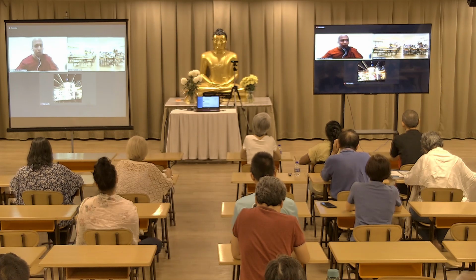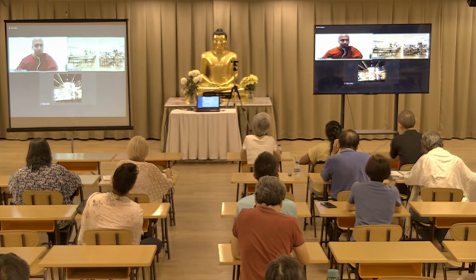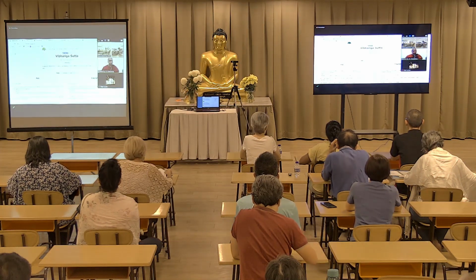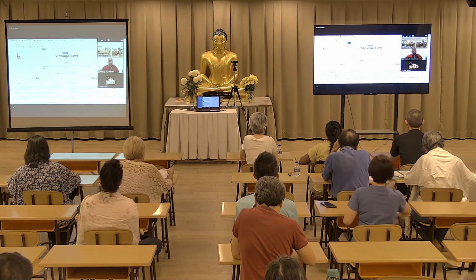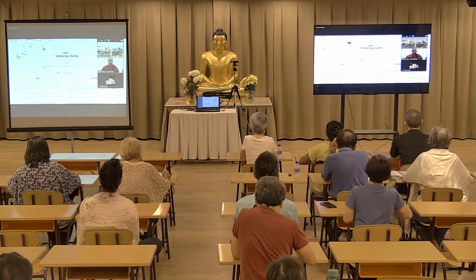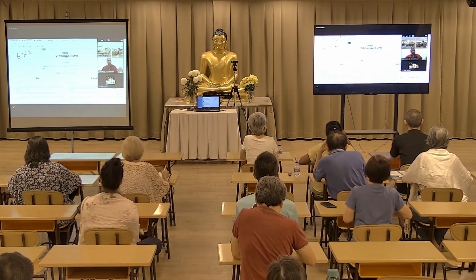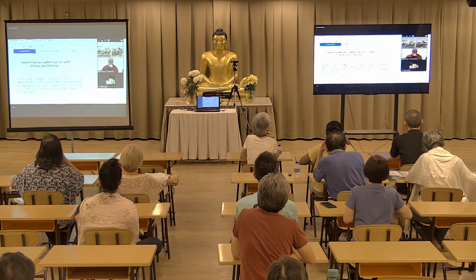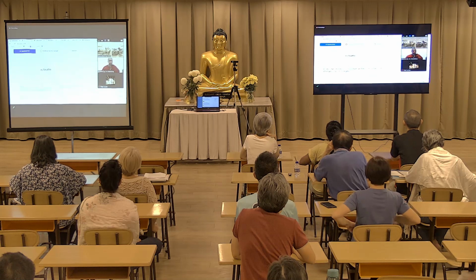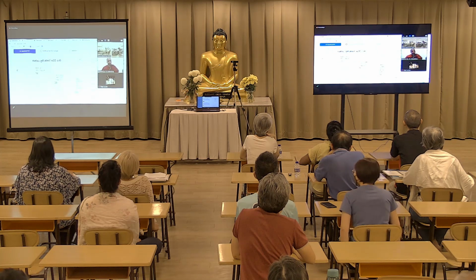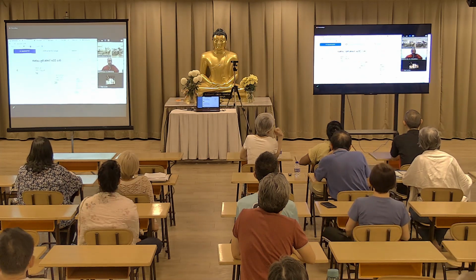Same thing, there are not a lot of conflicts. Let me show you this way. You know there are 6 tanhas: Rupa, Sadda, Gandha, Rasa, Phottabba, Dhamma. Then these 6 tanhas are multiplied by 2, internal and external. Then it will become 12. You can see here. I have a slide given in Sinhala actually. See it here. Sorry, actually it has to be like this. It has to be